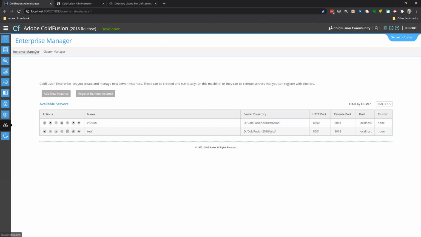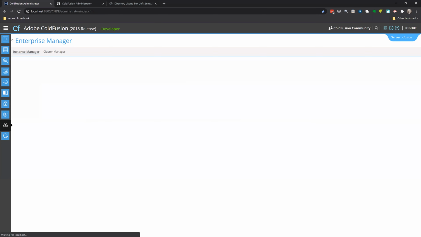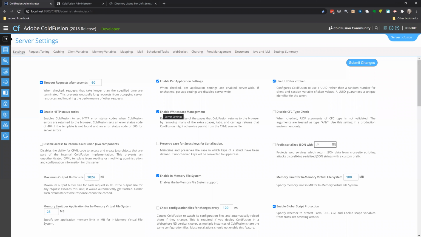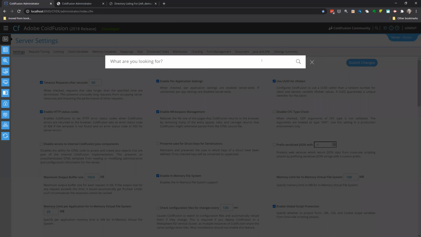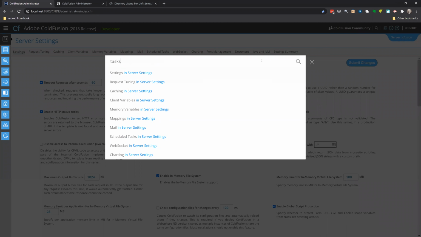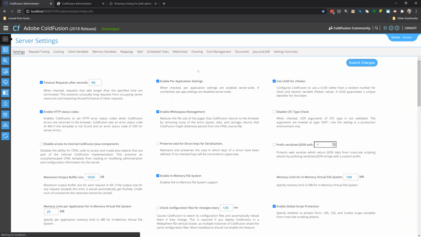And if you're new to the CF 2018 administrator, let me just show you that. If you were looking for scheduled tasks, it used to be on the left under the first menu called settings. Well, now that first menu is a button, and across the top of the screen, these are the things that used to be submenus. It's a little bit different, but that's the way it works, and there they are. Also, I want to point this out to people, you can come up here and just search for stuff. So if I just clicked in here and searched for tasks, it would find scheduled tasks. So bam, you can just go right to it. So anyway, let's go back to